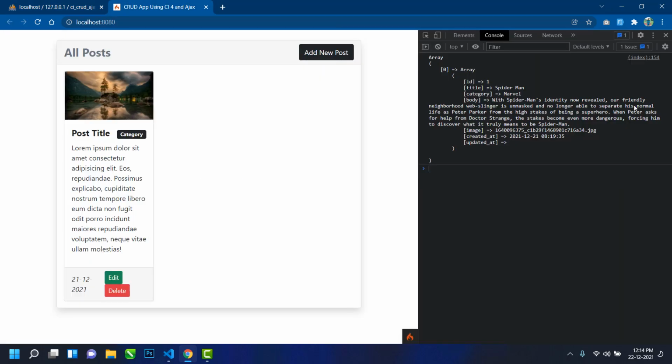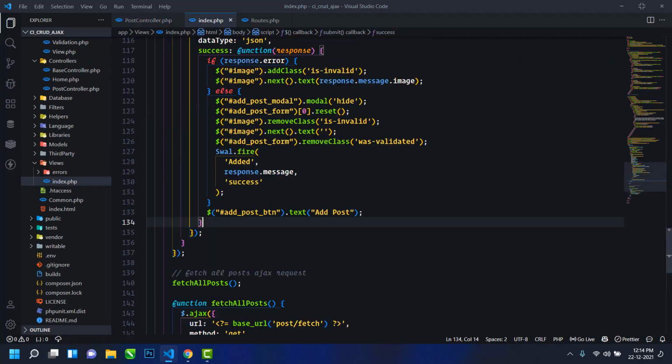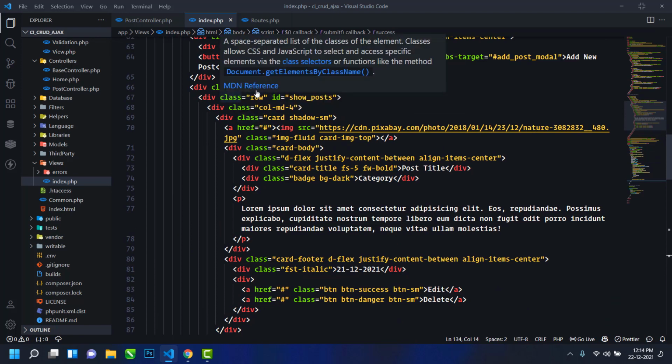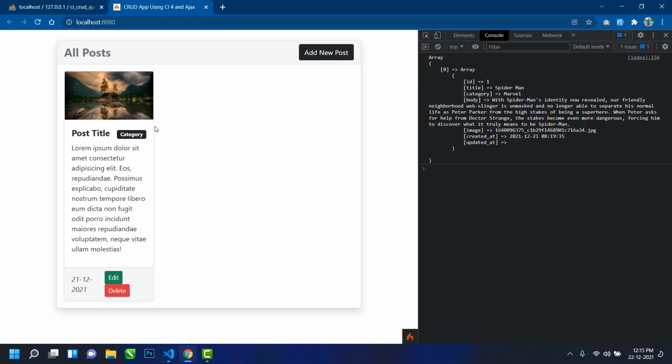So next what I will do is go to the index.php file. Here you can see inside this card body and inside this row I have already created a column, and inside this column there is a card. You can see this is the card.